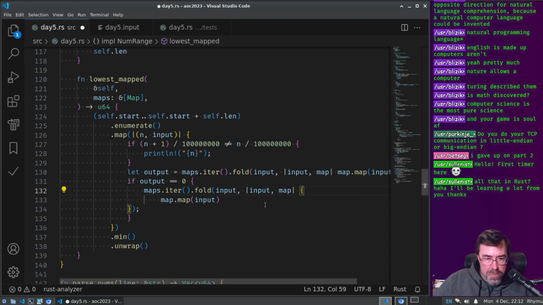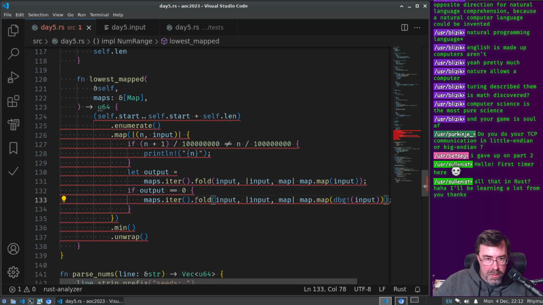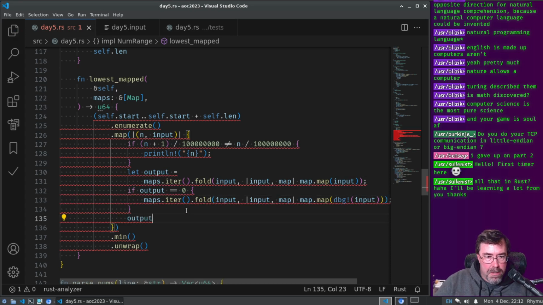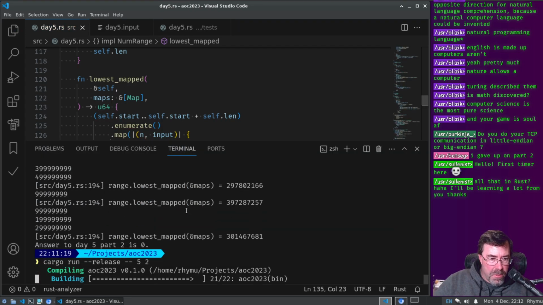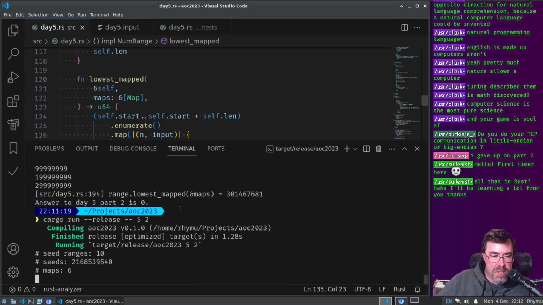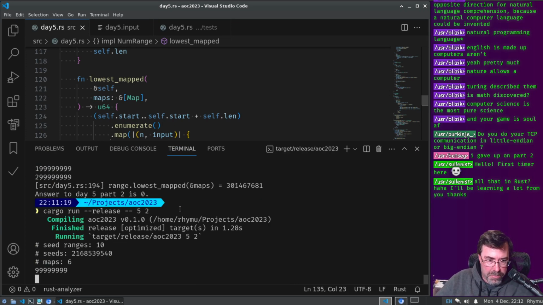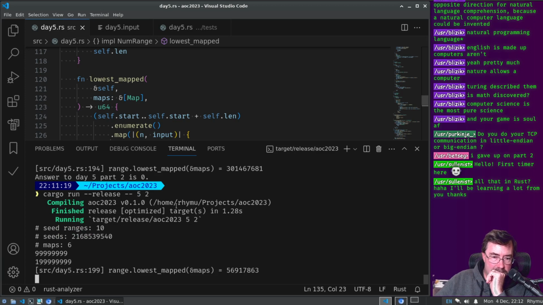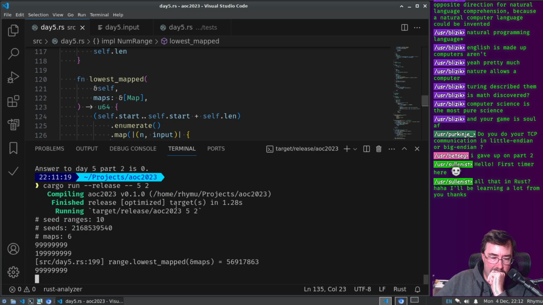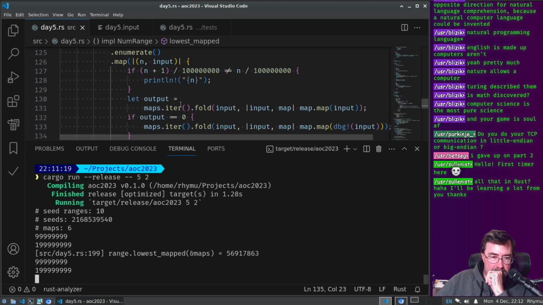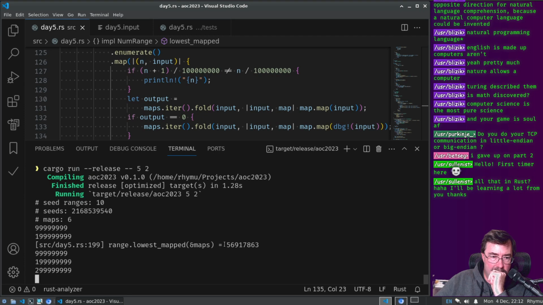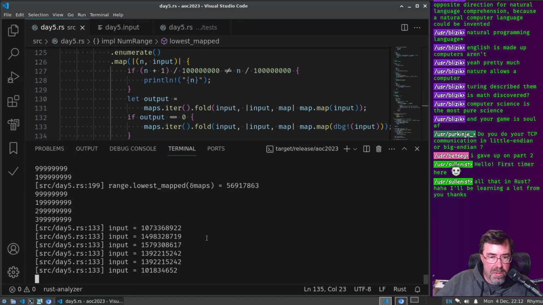So I'll just put a dbg in here, like that. I want to see, if it's a 0, how did we get a 0? So maybe I'll see the bug there. Wait, now I'm not seeing it. Oh, no, there it was.